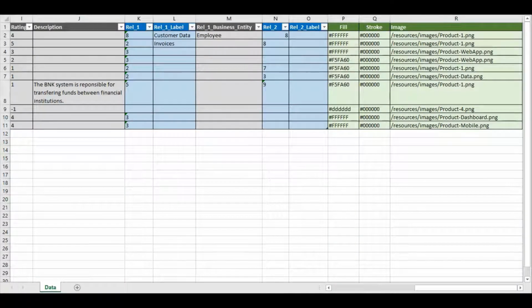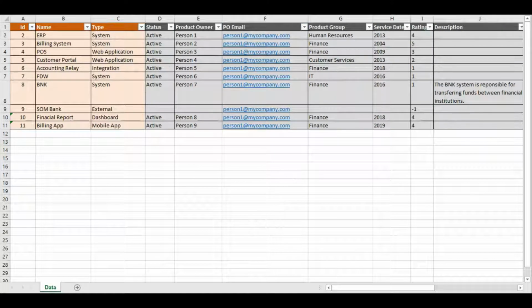Hello, this is a demo of my web application called GraphXL. Basically, what GraphXL does, it takes data from an Excel file and then generates a graph or a diagram based on that data. So first off, in order to use the application, you need to create an Excel file and it needs to